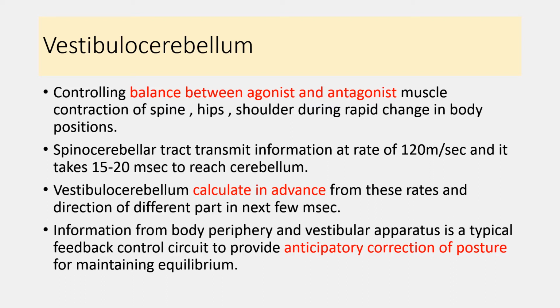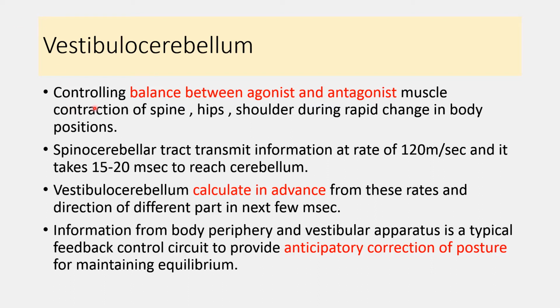Vestibulocerebellum receives afferents from the vestibular nuclei. From the vestibular nuclei, the vestibulocerebellar pathway provides information to the flocculonodular lobe and the fastigial nuclei. From the fastigial nuclei, efferents arise, and the fastigial reticular pathway provides information to the reticular substance of the pons and medulla, which modulates the activity of the vestibulospinal fibers and the reticulospinal fibers. The function of the vestibulocerebellum is the regulation of the tone, posture and the equilibrium.